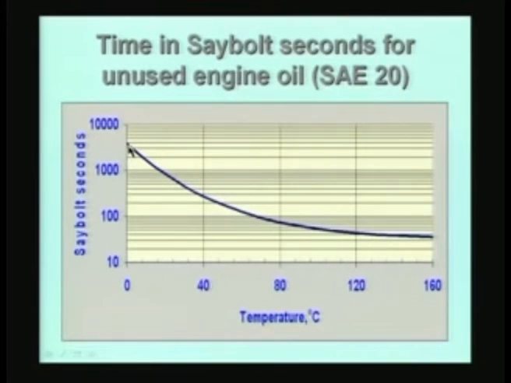you see here it is about almost 3000 seconds. It is going to take, at 0 degrees Celsius, this SAE 20 engine oil, 60 milliliters will come out of that Seibold viscometer in almost 1 hour, and of course you can measure that time very accurately. Suppose you go to some place like 25-30 degrees, which is the room temperature value, you see you still have already about 500 to 600 seconds, which is about quarter hour, 15 to 20 minutes.